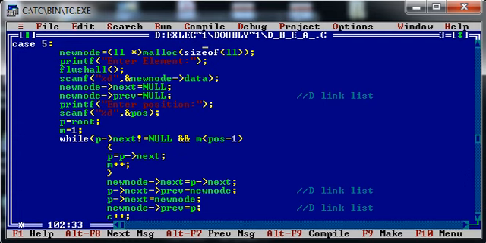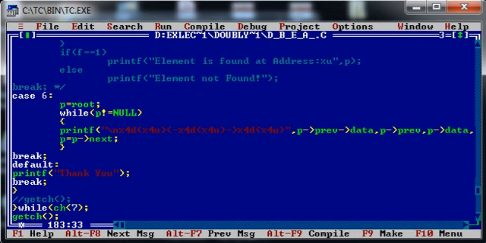Now the last case of today's lecture, that is displaying a linked list. For that we have to traverse. So once again I am setting my P pointer to the starting point of the doubly linked list, and for each node this P pointer visits, I will check whether it is null or not.